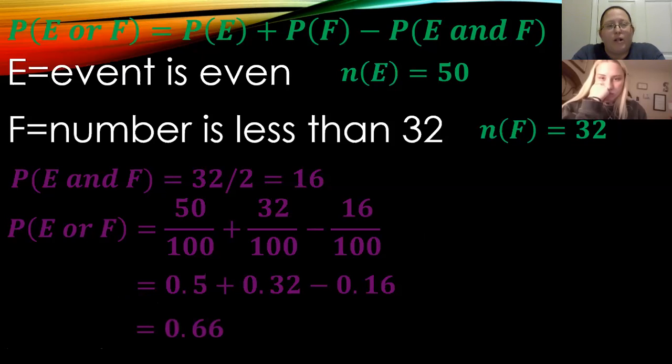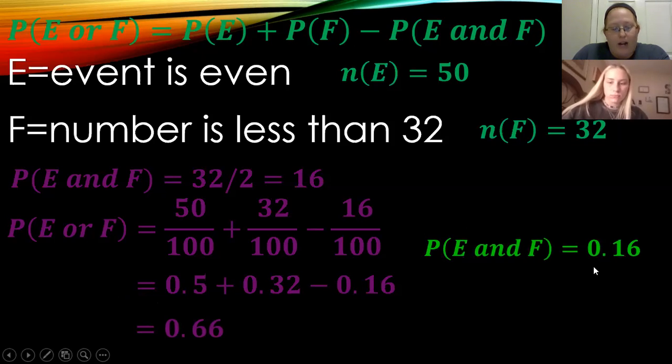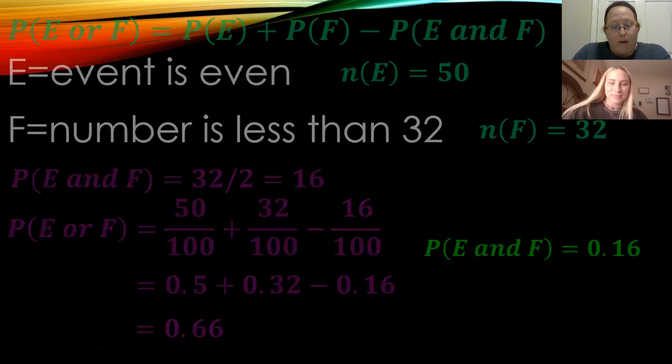Now, in this equation, we already found the even and less than 32 as well. And so that is going to be 0.16 is your and less than 32. You got to watch the wording on whether you're looking for the or the and. And so it kind of can get a little bit confusing. But other than that,